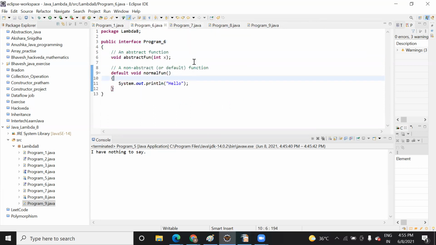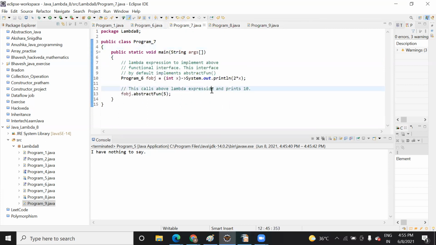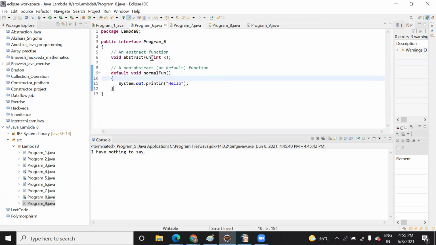Now we are going to see some more examples, parameter based. Suppose here you can see I have created a function, one method with the parameter x. And here there is one more visibility mode that is called default.